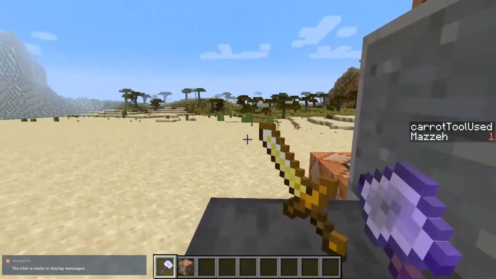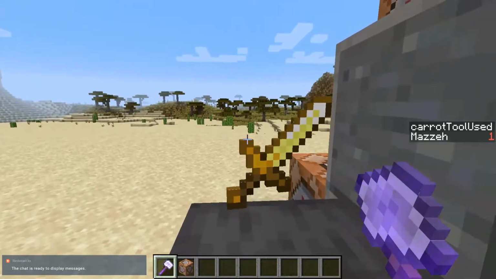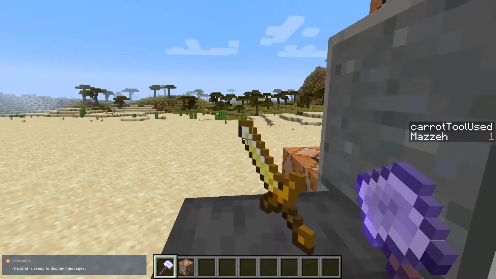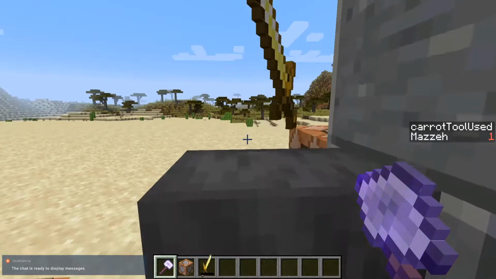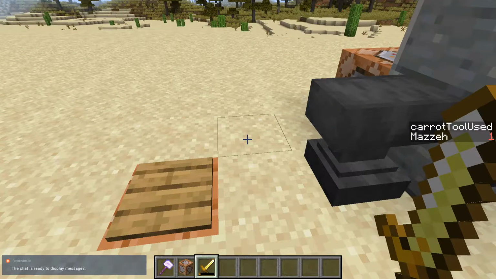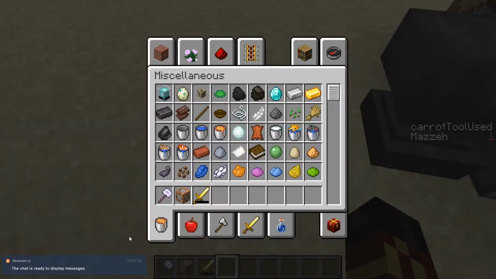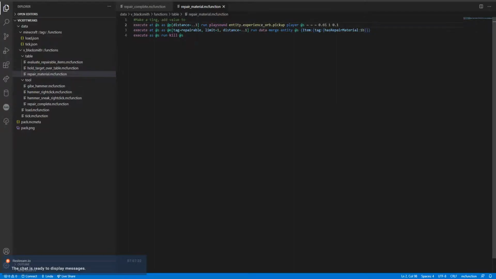And you click it way too many times. Something ain't right here. Oh, I'm a fool. You would never, ever finish off this sword. The damage value is too high. So in our repair function over here, we've got...